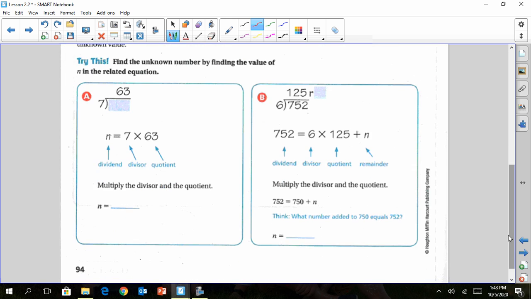As we move down to the bottom, again, they want to show you that you can use quotient times divisor and then add the remainder, and that will equal your dividend. So in this problem, we actually don't know what the dividend is. They're using algebra, so we're using a letter to represent something that we don't know. Well, we don't know what the dividend is here. So we just simply take quotient times divisor,